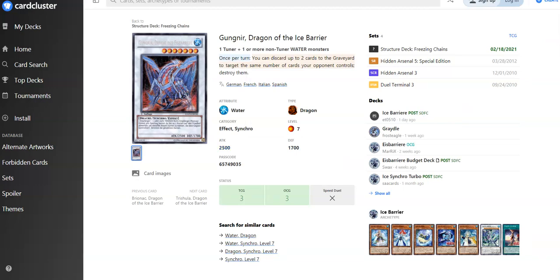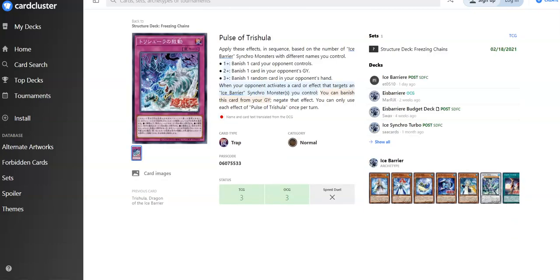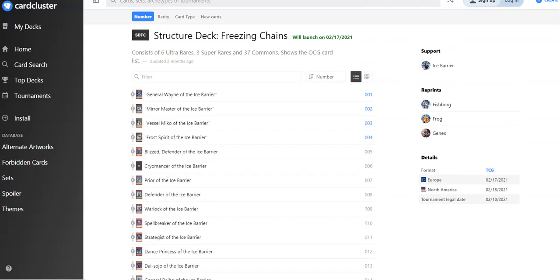Not bad. What's your effect? Once played, discard up to 2 cards to the graveyard. Single cards, destroy them. Okay, cool. This is a kind of spot removal card. And the last one is Pulsato Tricia. And basically, I don't know if this card's even good. Banish one card your opponent controls. Banish one card from your opponent's graveyard. Banish one random card from your opponent's hand. Neato. Alright, so that is the whole entire set we currently have listed from good old OCG land